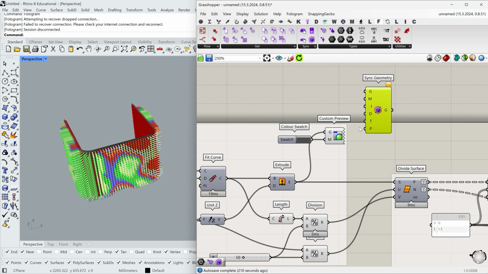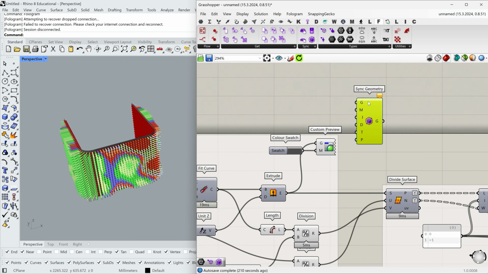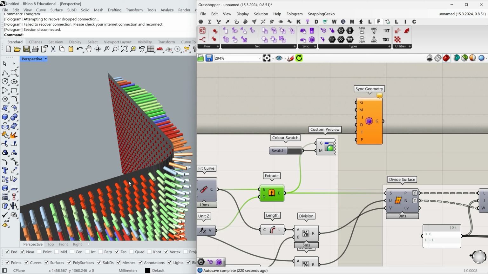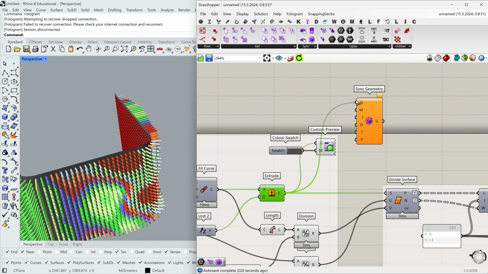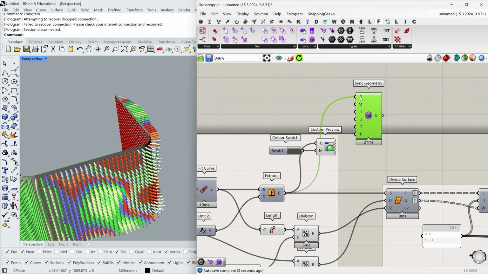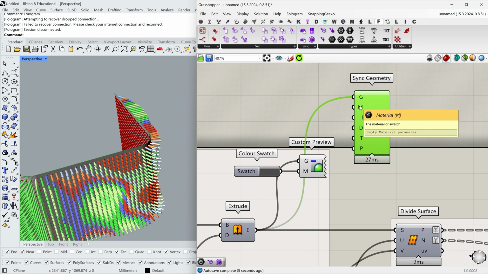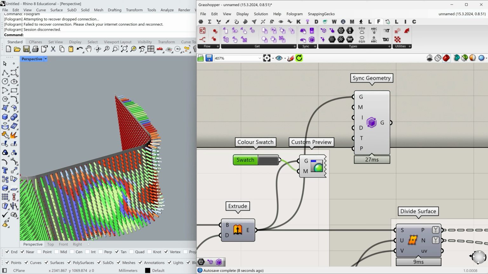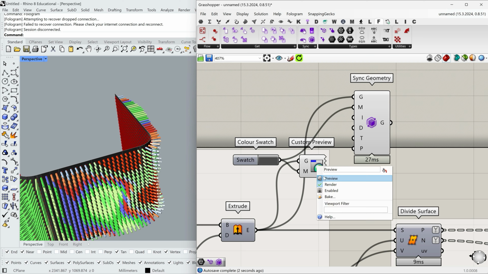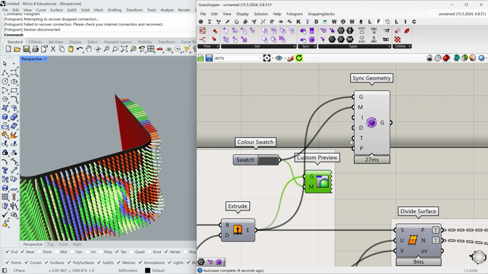This component is what we need to use in order to put any geometry into the XR. Let's connect the extrude to the geometry. And to preview it with material, I'll connect the color swatch I have already to the material input. Now I can turn off the custom preview. I don't need it anymore.